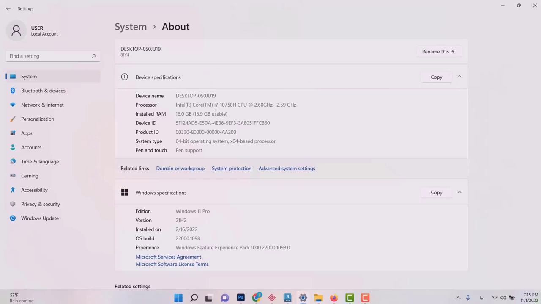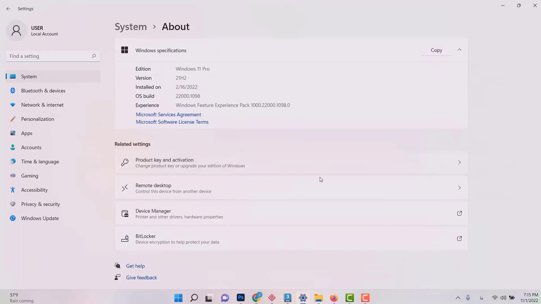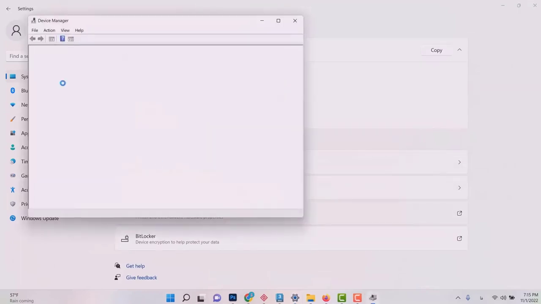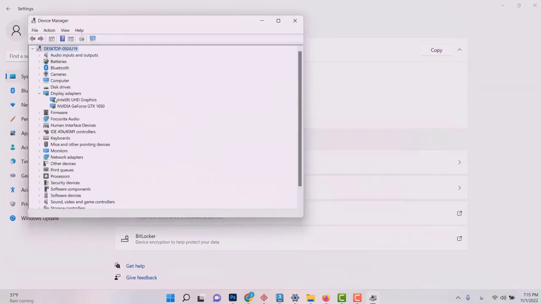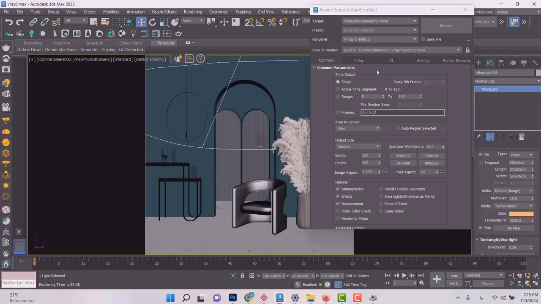Let me just quickly show you what I'm working with. I have a 10th generation CPU, a Core i7 CPU. I have 16 gigabytes of RAM, and let me just show you my GPU as well. For that I need to go to device manager, and it's got to be here, display adapters. So it's a GTX 1650. It's a mid-tier laptop, and I've already provided this scene for you, this exact scene for this session,